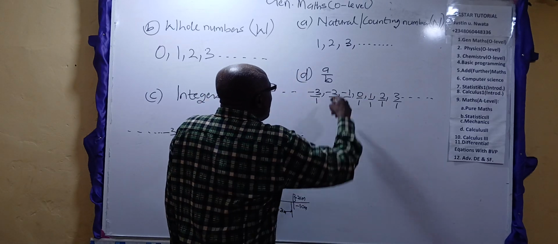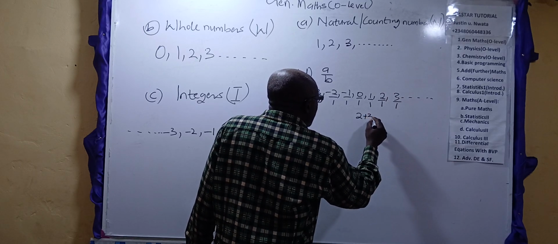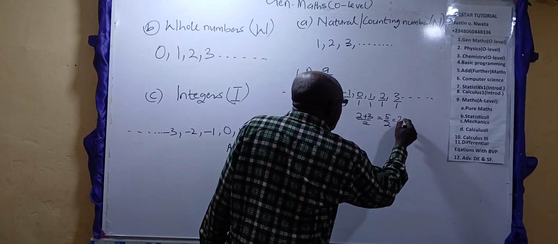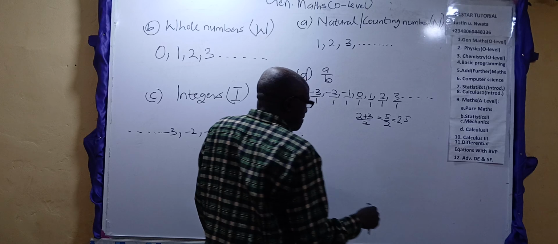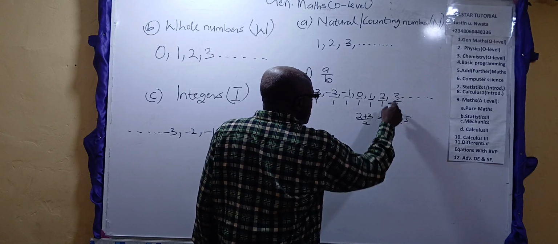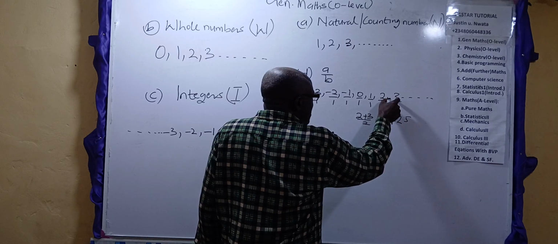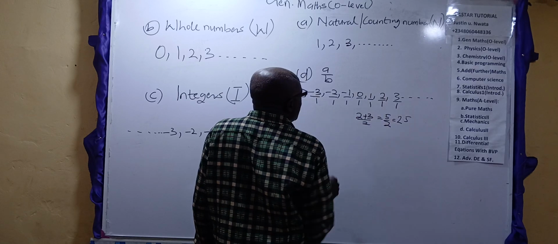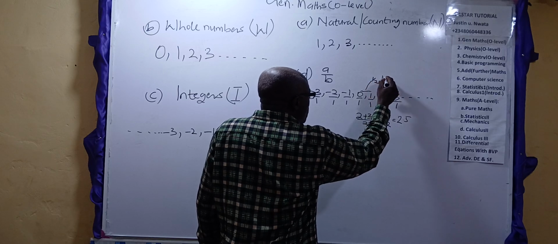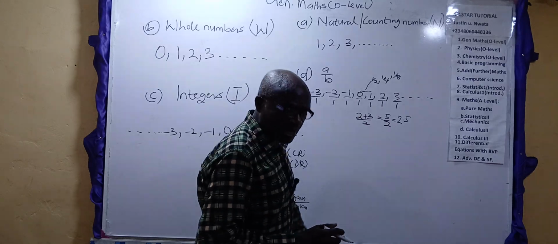In addition to that, any other number in between two numbers, for example 2 plus 3 divided by 2 equals 5 over 2, which is equal to 2.5. In between here lies this number called 5 over 2. Not only this 5 over 2, a lot of other numbers lie in between 2 and 3. A lot of numbers lie in between this and this. For instance, in between here, half is here, 1/4 is here, in between here, 1 over 8 is here, and so on. Hence, mathematicians summarize it as follows: